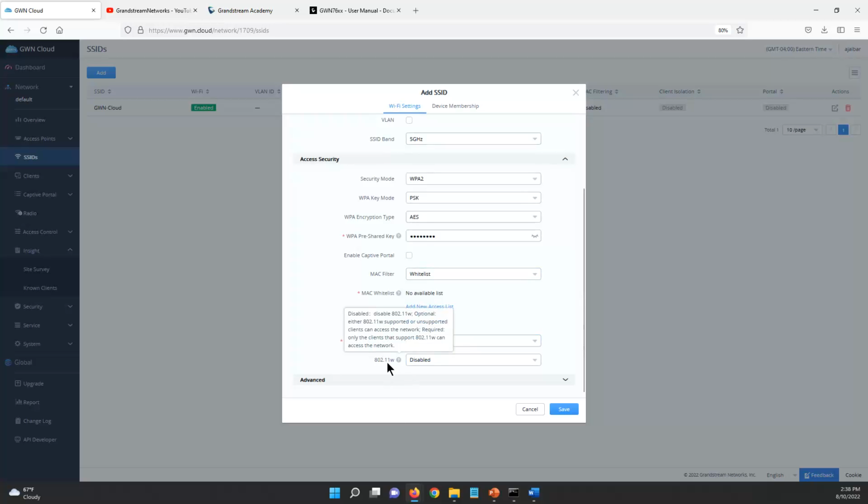The other option is 802.11w. So this option, you have options. You can disable it, set it to optional or required. If you set that one to required, if you have some legacy devices, they're not going to connect to this SSID if they don't support this standard. And this standard is for